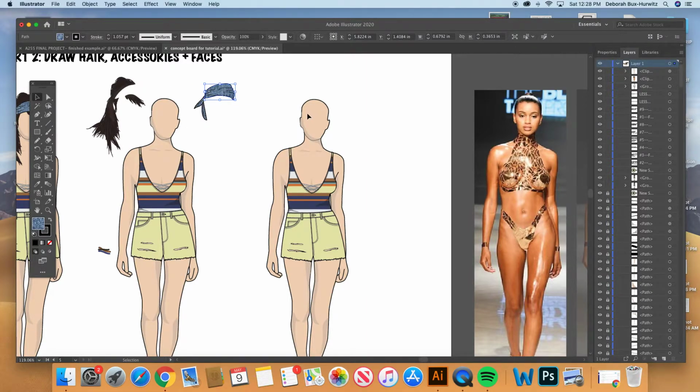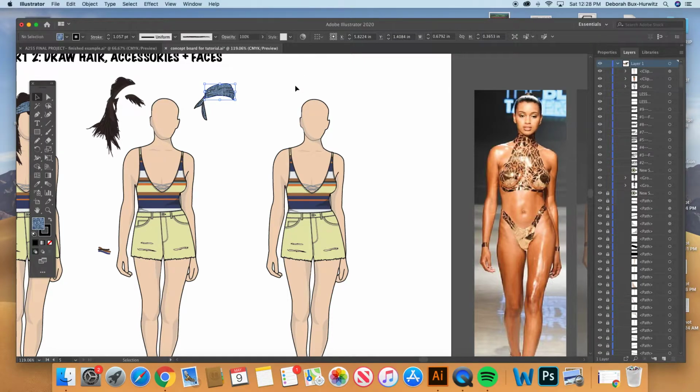headscarf. So for me, if you're going to have a hat that you're planning on drawing, draw the hat first, and then whatever hair comes out of the hat, you're going to draw as a separate shape. So if you plan on having any head covering, I would definitely draw the head covering first, and then let the hair be only the pieces that you're going to see that's going to come out of that head covering as the second